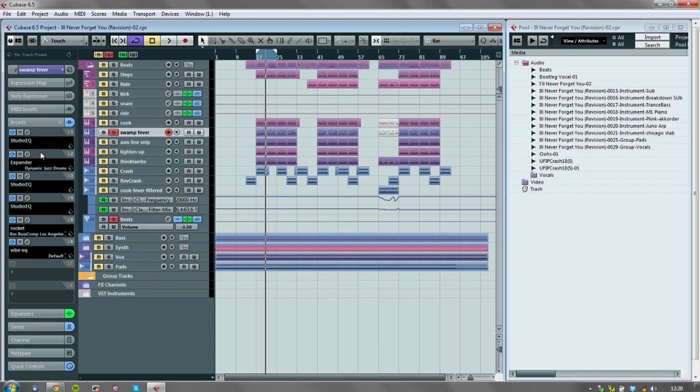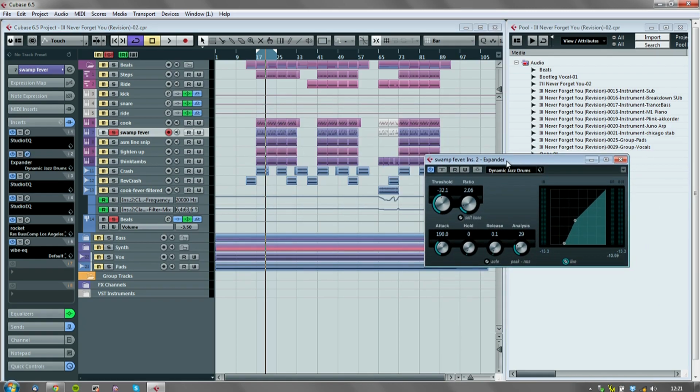We talked about this last year. The expander basically, if I have a break that has a lot of room on it, and a lot of these breaks will have it because they're recorded with a single mic hanging over the drum kit and one mic in front of the bass drum. So there's a lot of room from the room the drum kit was recorded in. And that's sometimes cool, and sometimes that doesn't fit what I do. So if I need to remove the room, I will use an expander,